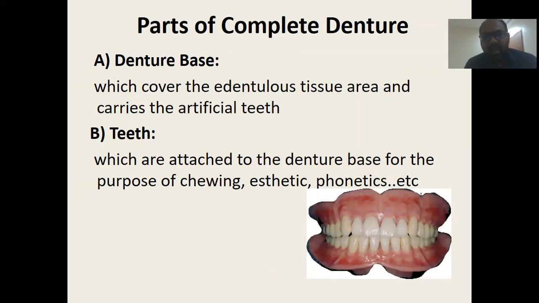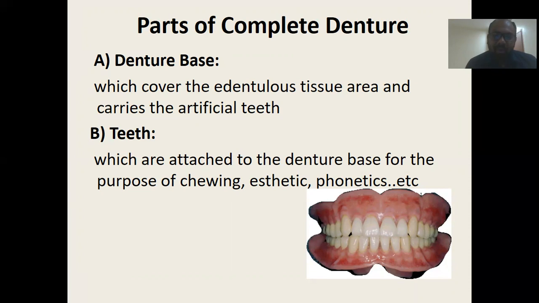And the parts forming a complete denture would be a denture base that is going to support the artificial teeth, and then the teeth as such that are going to be restored. And each one has got its own function. A denture base is going to offer you the support, and over which the tooth is going to be restored. So equally important is the technique and the procedure by which we design and fabricate a denture base.